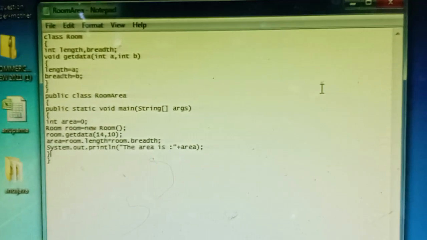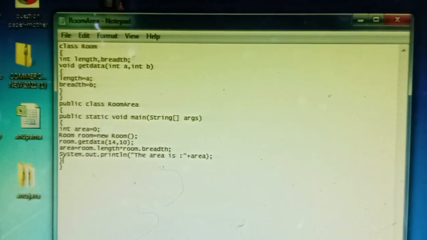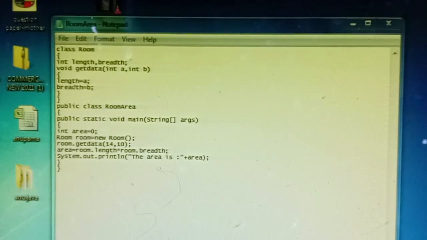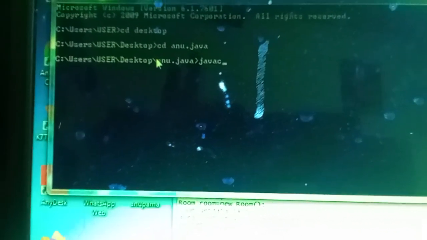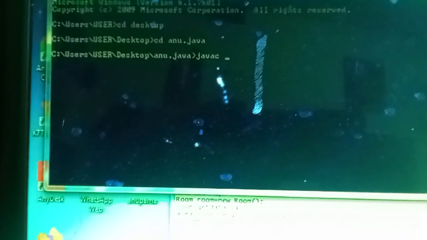Now what will be the output? Let us see. Go to the command prompt. This is the command prompt window. Here what we have to do first? javac. What is the file name here?